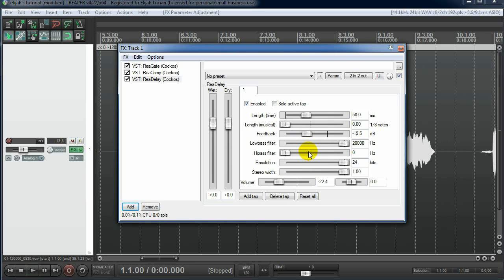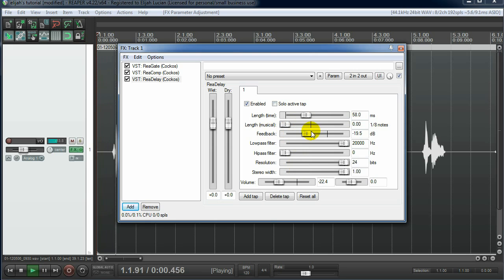So if you hear a slap, like a twangy thing after, you want to turn your feedback down, because you don't want this echoey, ringy type sound after. Yeah, you don't want that. Anyways, mess around with the length time and feedback. Keep your feedback generally lower, and not 0, or you're going to get